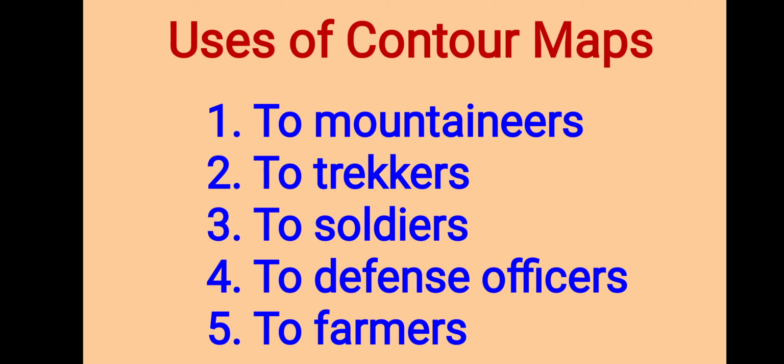Okay. Apart from this, for planning the development of a particular area or region, the government also needs a contour map. If the government wants to plan a new city, then they want to know the slope of the area, as well as the direction of the slope and the drainage system, how the water flows from that area. All those things they understand with the help of contour maps. That's why contour maps are very useful for the government also.